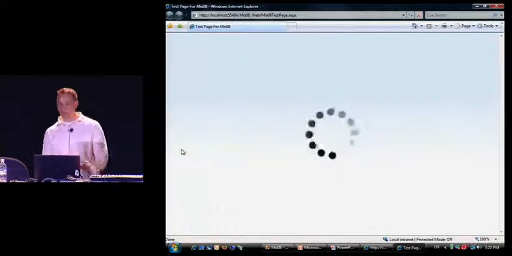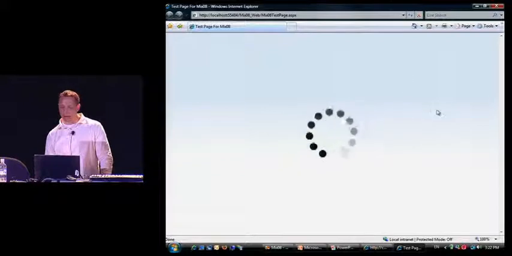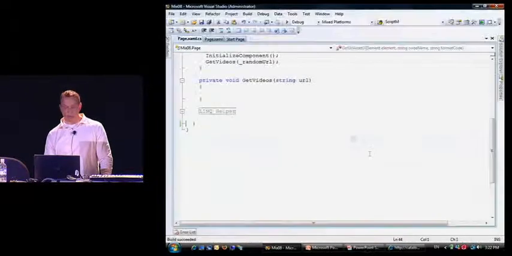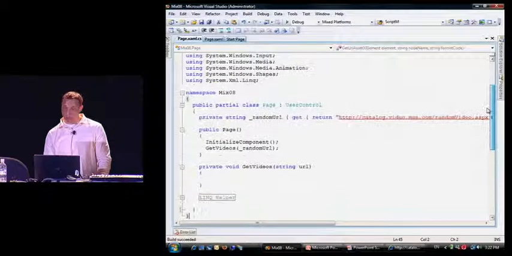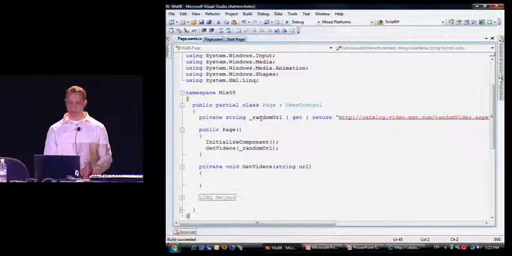And what I'm going to do is, when my web request is done, I'm going to make that thing go away. But this is just so that you know that if we're waiting for anything, we're waiting for that network request to come back. I'm in my page.xaml.cs file, and let me just show you the couple things I pre-primed this with. That URL I just called is right here. All I've done, just so you didn't have to watch me type it in, is put this string in here